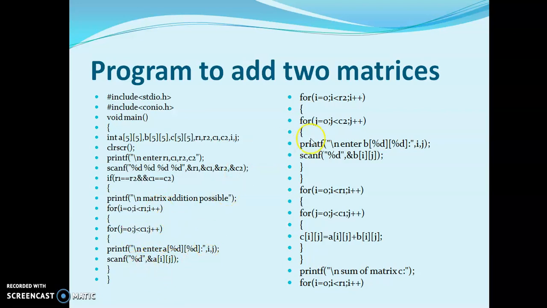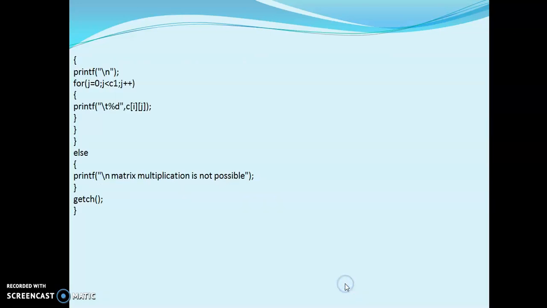The same logic is repeated for storing elements in B matrix. Then similarly we are adding A of 0, 0 element with B of 0, 0. Next A of 0, 1 element is added with B of 0, 1. Next A of 1, 0 element is added with B of 1, 0. Next A of 1, 1 element is added with B of 1, 1. And they are stored in C of 0, 0, C of 0, 1, C of 1, 0, C of 1, 1. Finally, we are going to display